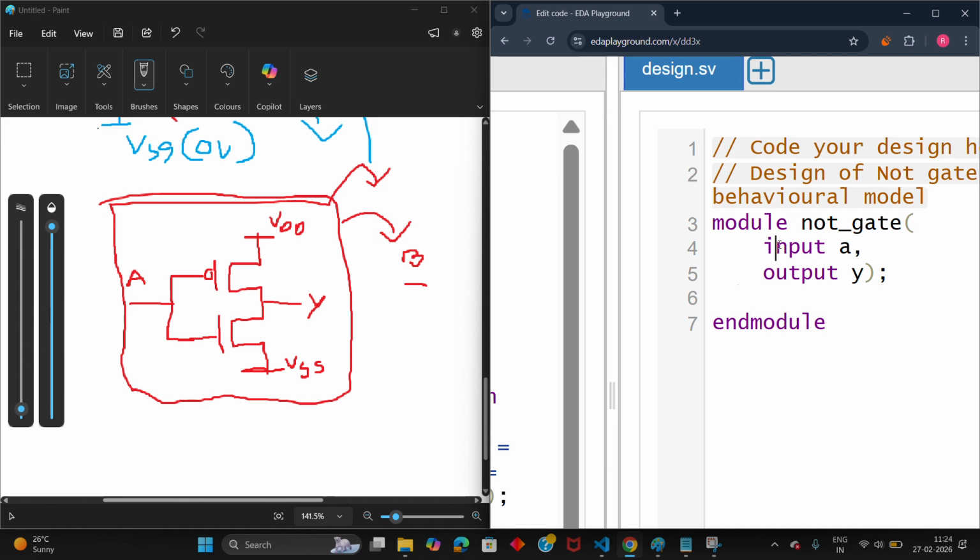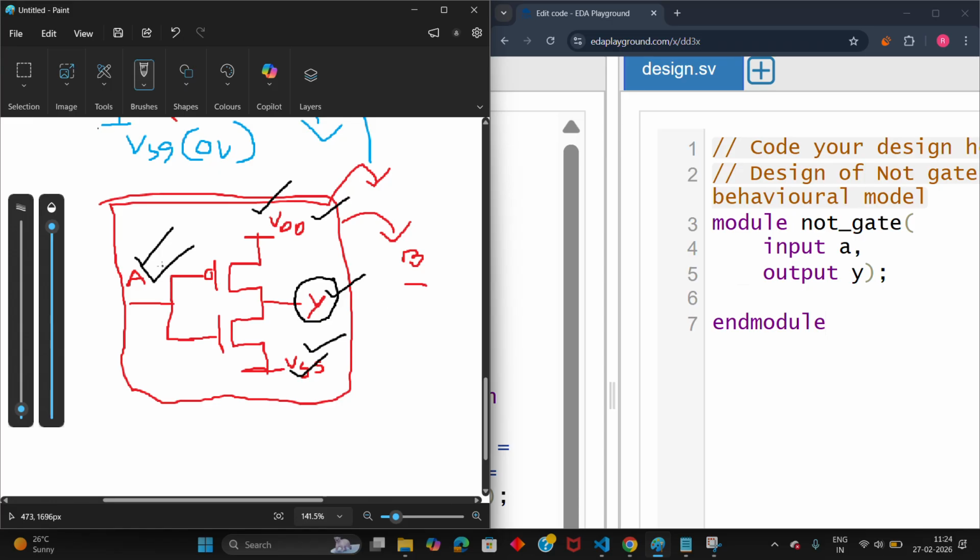First we need to observe what the inputs and outputs are in our circuit. A will be our input, VDD will be our input, VSS will also be our input, and Y will be our output. The remaining three will be inputs, right? But you need to specify only A in the port list. Why? Because these two inputs